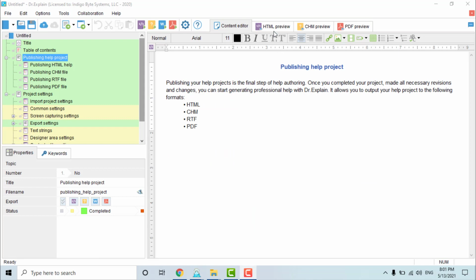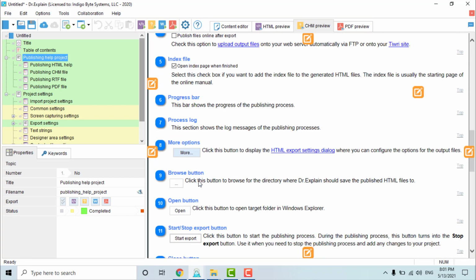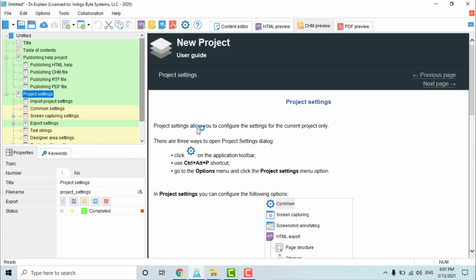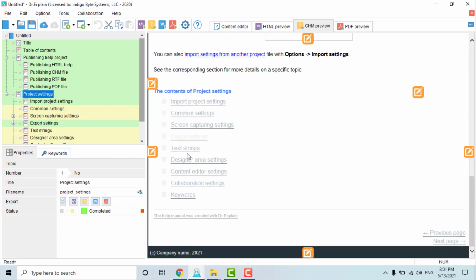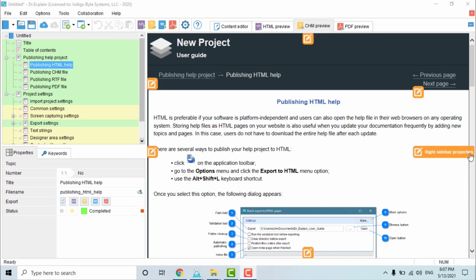Just like in HTML format, in order to quickly evaluate how your content will look in a CHM file, use the CHM Preview tab. Note that in the CHM Preview mode, you will not see a menu with a tree of topics and a search bar. They will only appear in the final file. In the CHM Preview mode, you can see buttons to modify the page's structure and design, header, footer, and side sections. All these settings are also available through the Project Settings dialog.